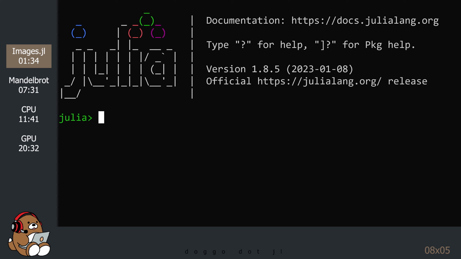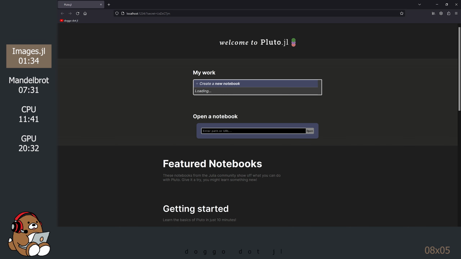Images.jl is a fun package that will allow us to convert a Julia matrix into an image without using a plotting package. To see this, let's fire up Pluto and create a new notebook.